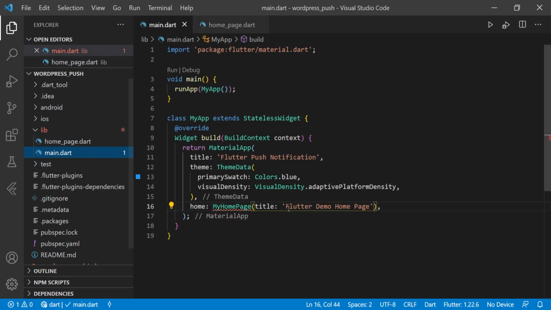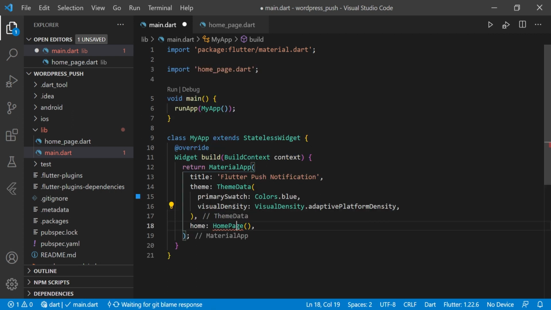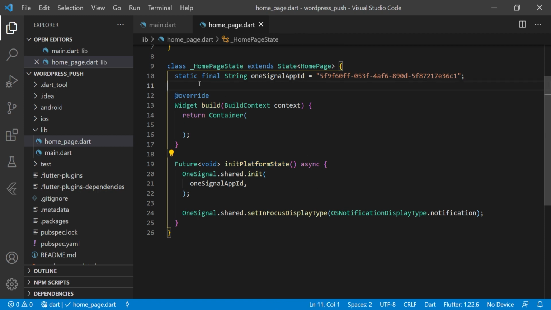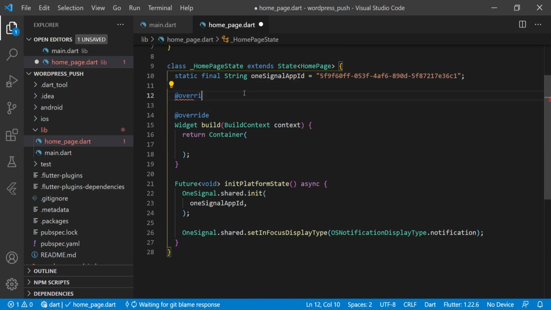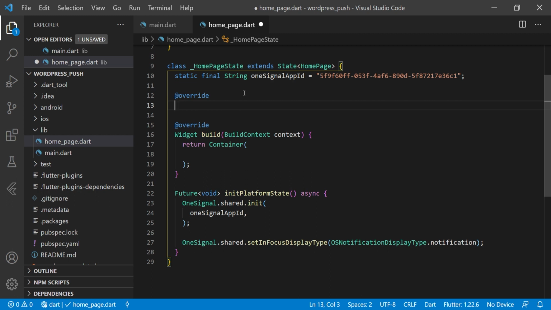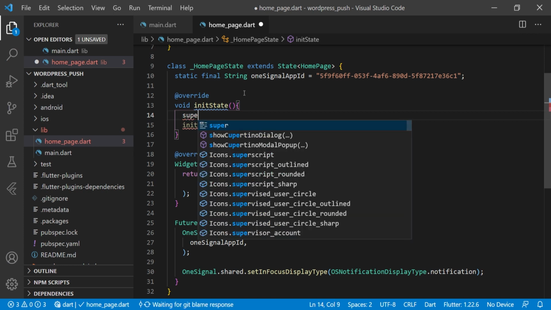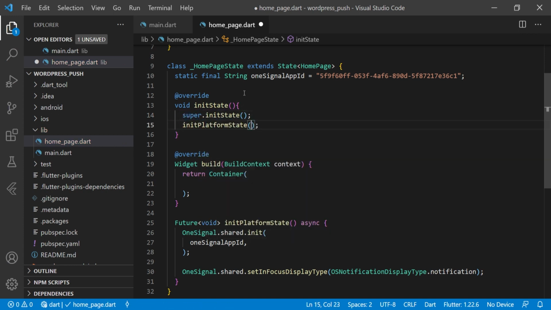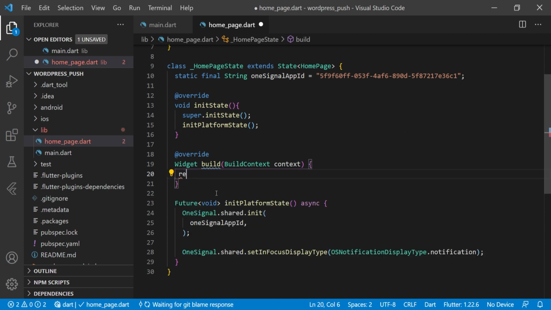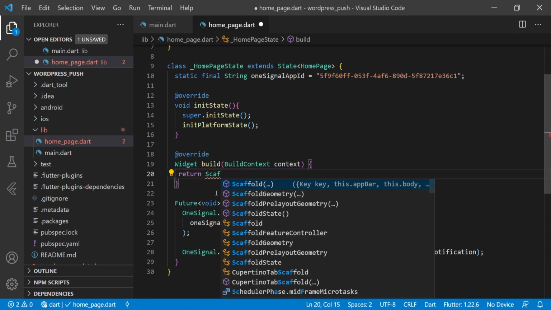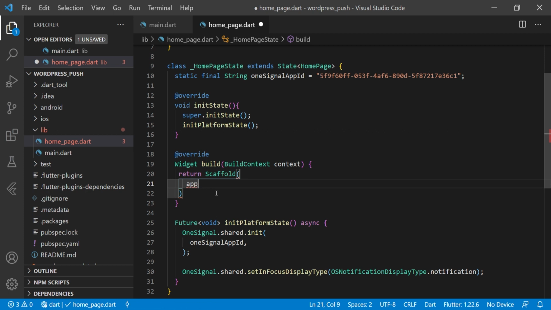So we have to link the home page here also, that is home page, and we have to call this function from here, override void initState, and we have to call this function here, and super.initState, and from here we will return a scaffold widget, and we have to pass the app bar.